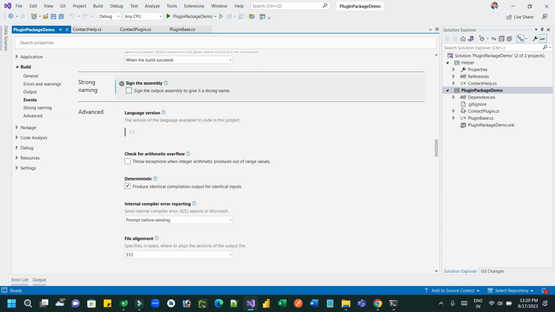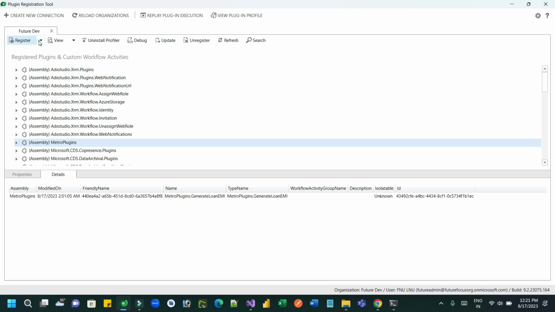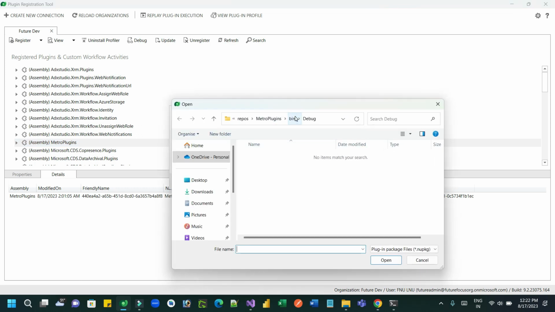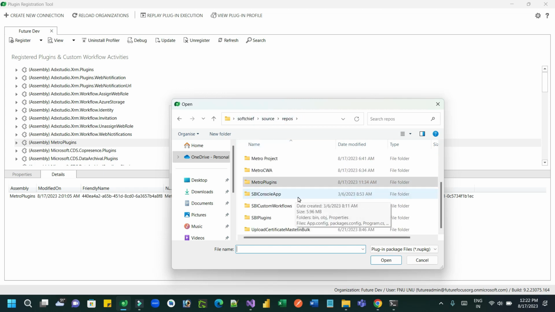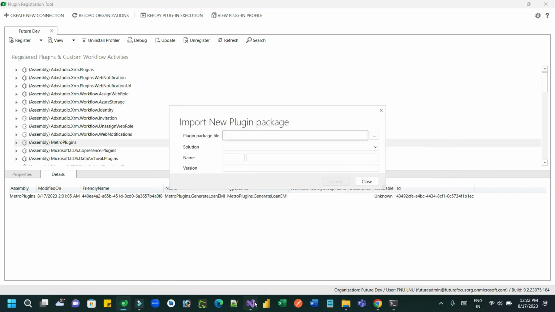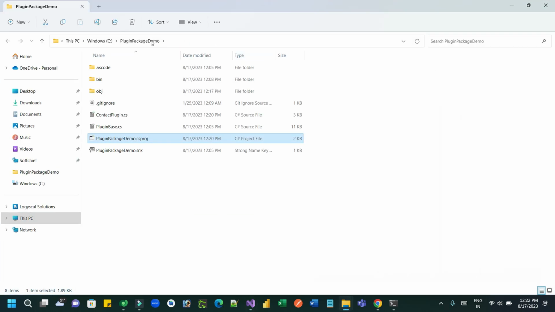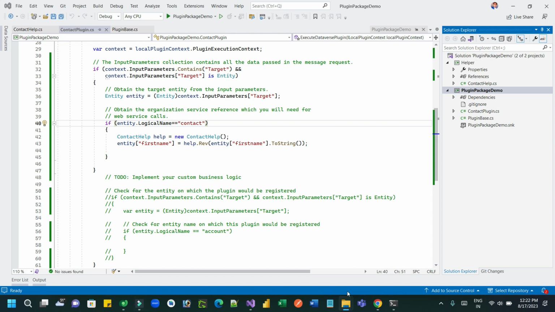Now you do not need to sign the plugin assembly here, but you have to sign or give a strong name to the dependent assembly. And let's register the new package. Now in plugin registration tool, you will find an option called register new package. Here you have to associate the plugin package file which is generated because of the CLI command. Okay, you have to take the location. This is the location inside bin folder, plugin package demo 1.0.0.0 NuGet package,